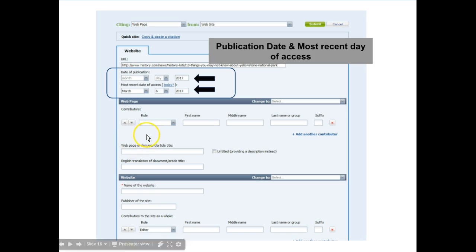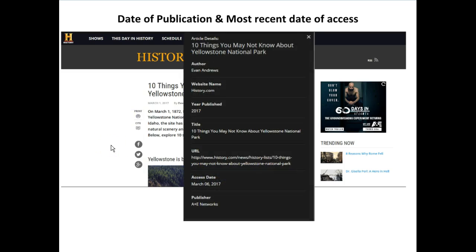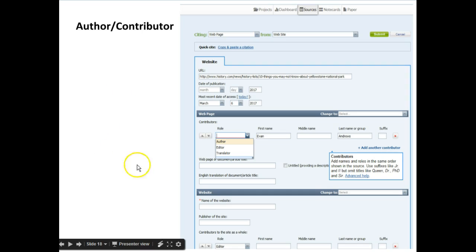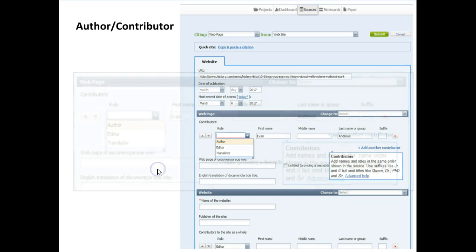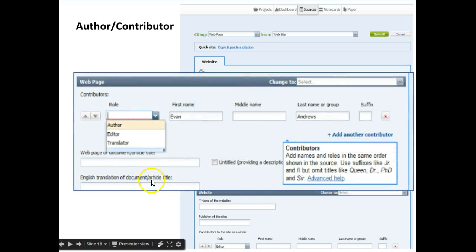Now we're going to be looking for the author, which is also called the contributor. So we're going to go back to the website, and there's our author, Evan Andrews. Once again, we're going to select and copy that, go back to our website, and I'm going to make it a little bigger so it's easier to see. Under role, we're going to select author. Depending upon what you find on the website, you would select one of these in the drop-down menu, and we're just going to paste Evan Andrews into the fields,